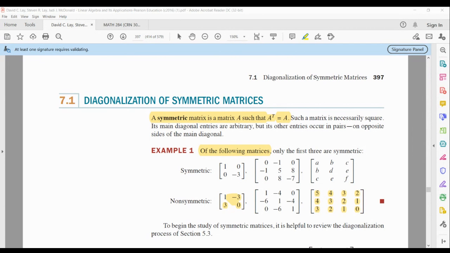Let's see. Eleanor says the numbers in the rows and columns aren't the same. That's right. So the 3 and the -3: in the first row, second column, you have a -3, but in the second row, first column, you have a +3. So that ruins it. Similarly, for the next matrix, you have a -6 and a -4 across the